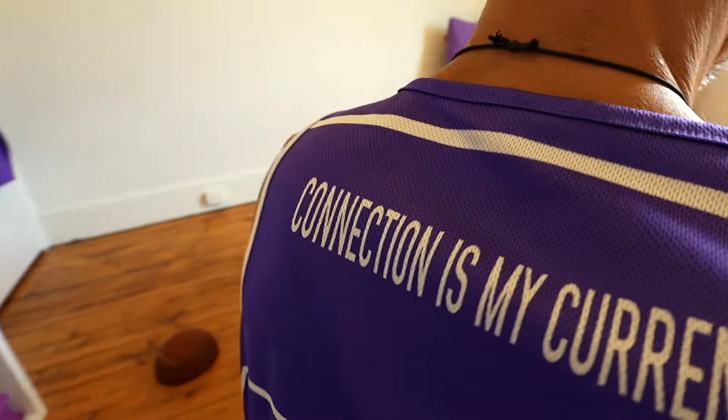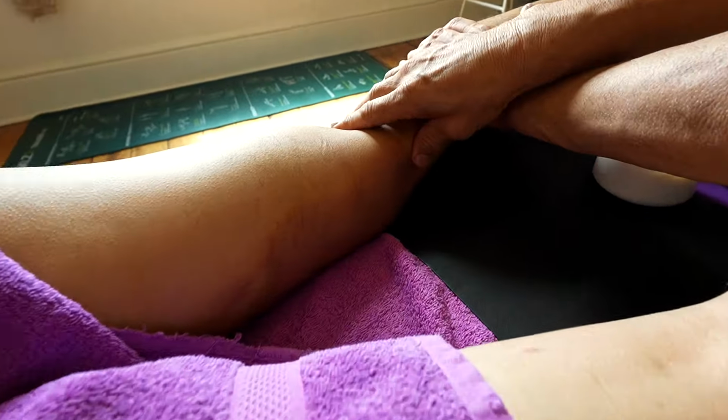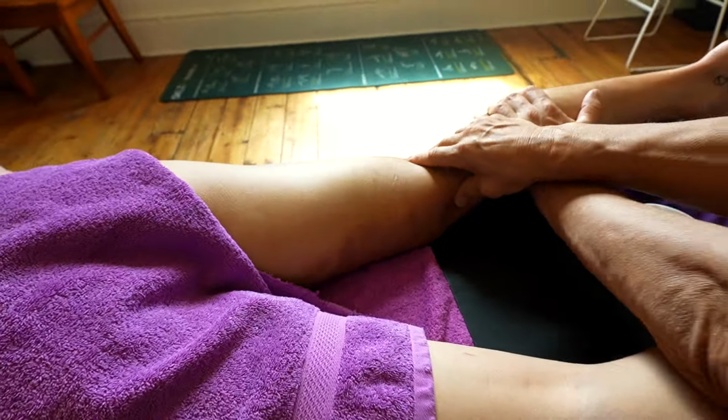So I can probably just go through here a bit. You can see some good red patch in there. I don't know if the light's getting into that good, but